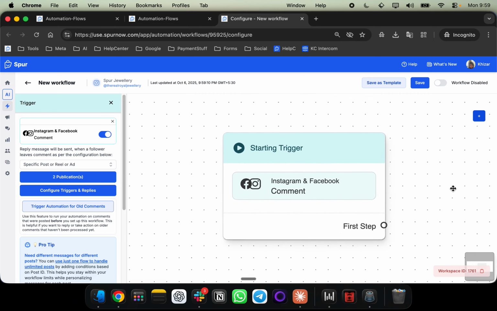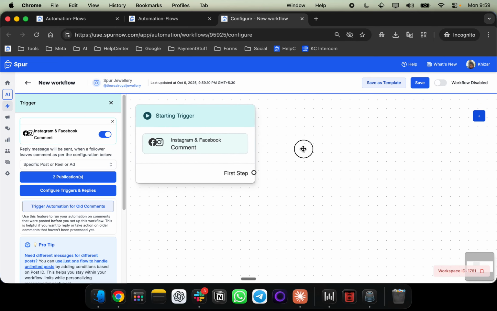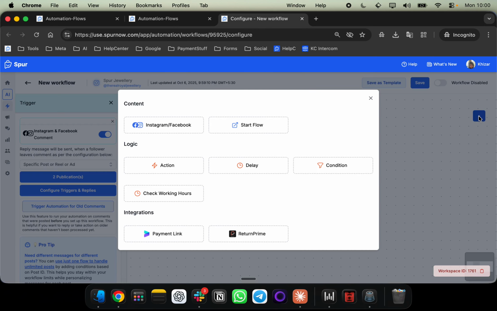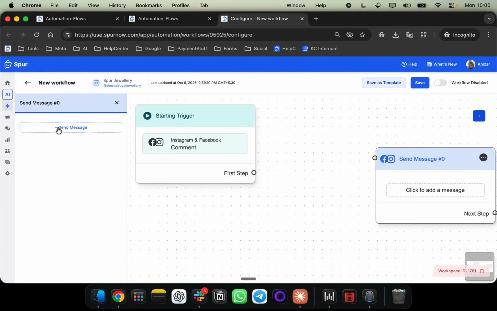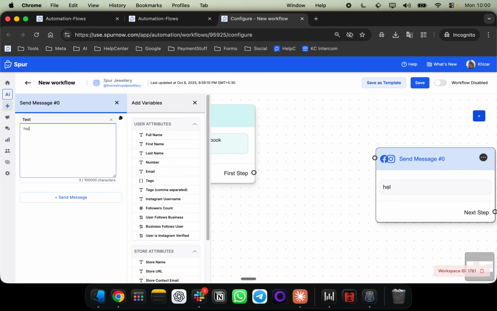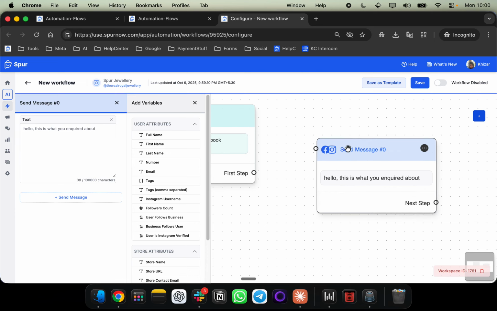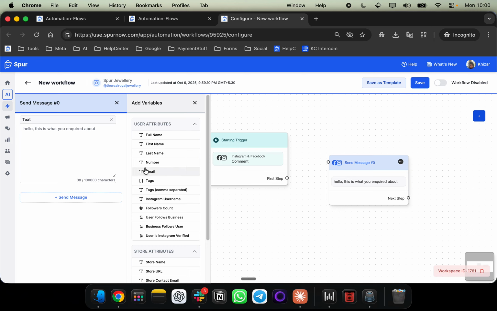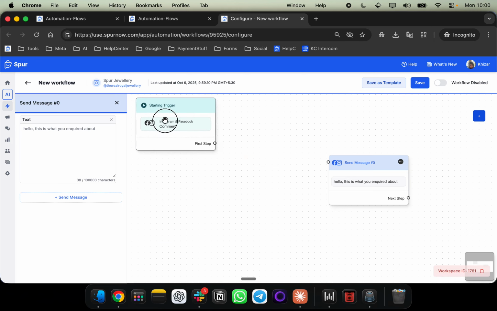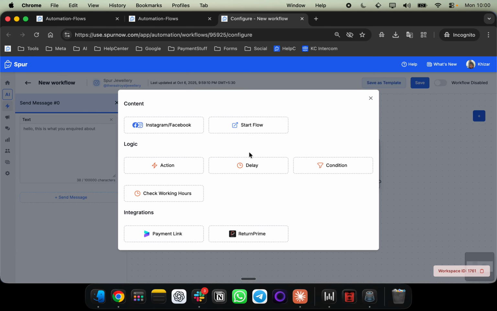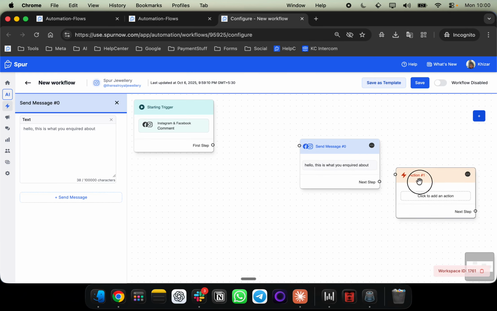Now what we wanted to do is that the person could comment this keyword as many times as they want, but they don't receive the DMs multiple times. The same message should not go multiple times. So to make that happen, let's say this is the message you want to send, and you want that this message only goes to one person, just once, right? So you will add an action after this